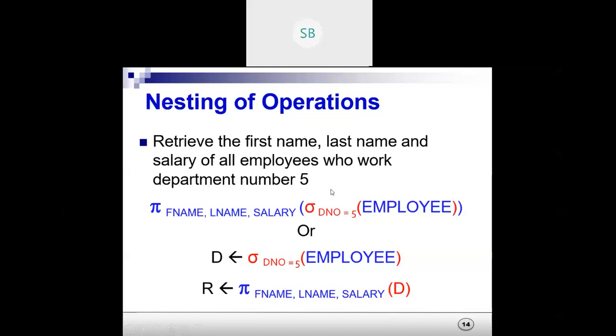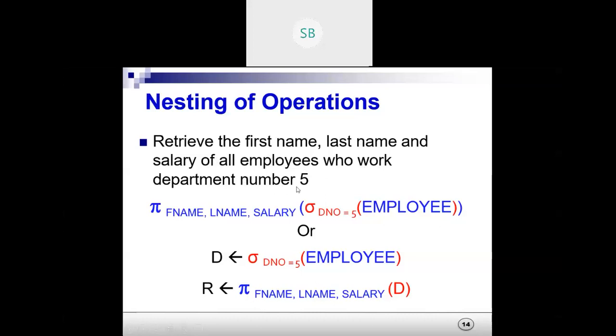We need to go for the selection operation first. Whenever the word retrieve is mentioned, you need to go for the project operation. So, retrieve the first name, last name and salary of all employees who work in department number 5.